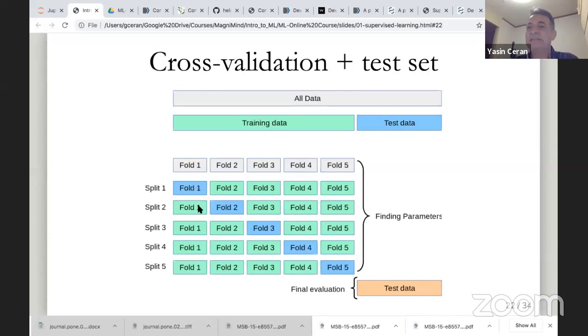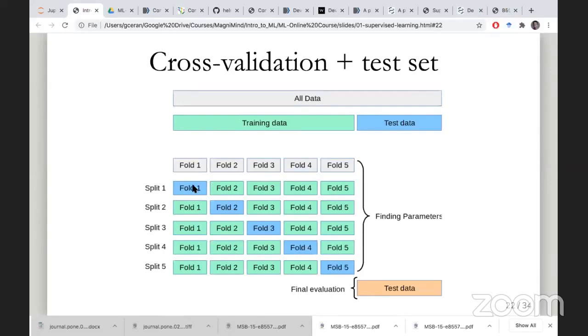And then I'm going to fit the same model on this green part. But this time, as you see, most of the green part remains the same, but a little bit changes. So your train data set from one split to another is changing a little bit, but your validation data set is each time different. In other words, the same model, say number of neighbors equals 3, that is one model, will be evaluated on different data points